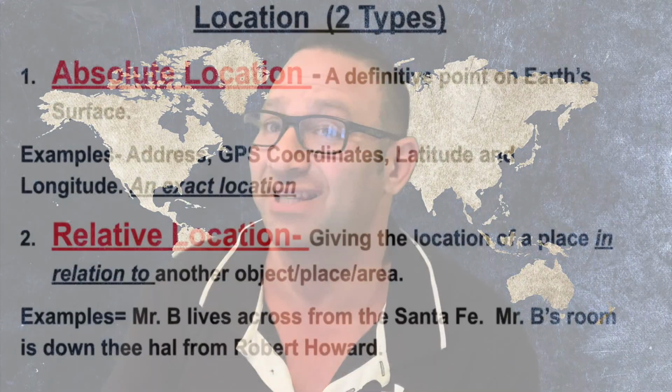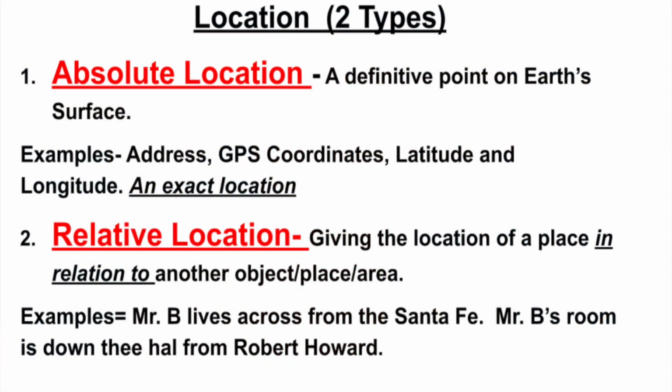It's a dumb, silly acronym or a mnemonic device, excuse me, but my students always remember it. They come to me 5 years later and they go, hey, what's your latitude, dude? And I'm like, well, it's stuck in your brain because you remember through that silly dance, latitude goes east and west. But basically, there's 2 types of location that we have to talk about, and that's it. You're ready, you're skilled, you're ready for maps.